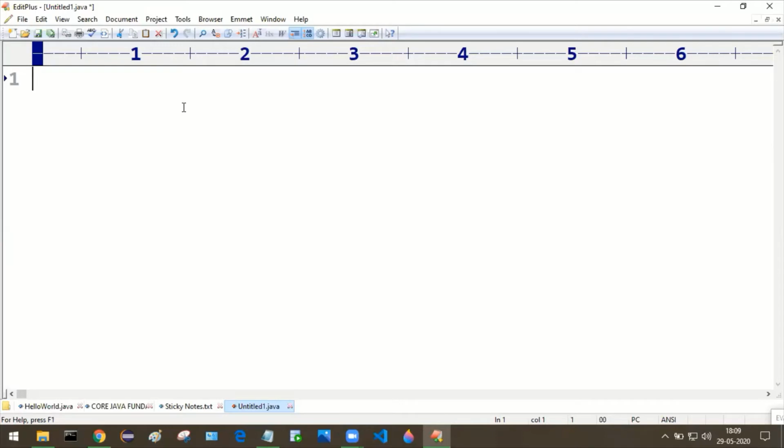This learning is not possible in the case of IDEs, because they generate a lot of autocomplete code, so you won't know the basics of Java syntax. Automatically it will be generating the code for us. So as a beginner, you just need to work with a simple text editor.